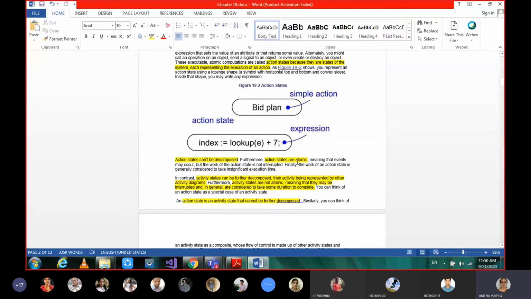That's why we say action states are atomic. Atomic means they cannot be further decomposed. They are already at the simplest state. Events may occur, but the work of an action state is not interrupted.